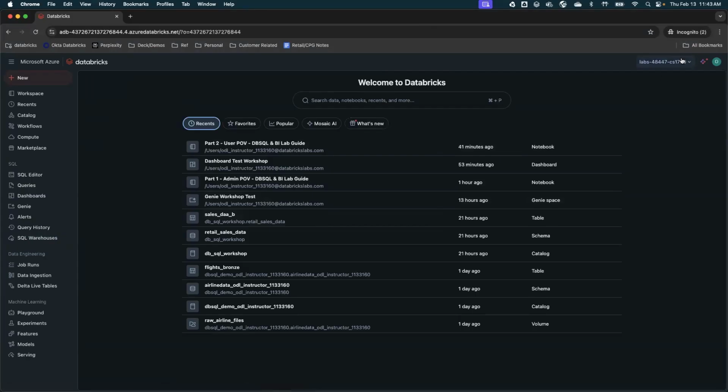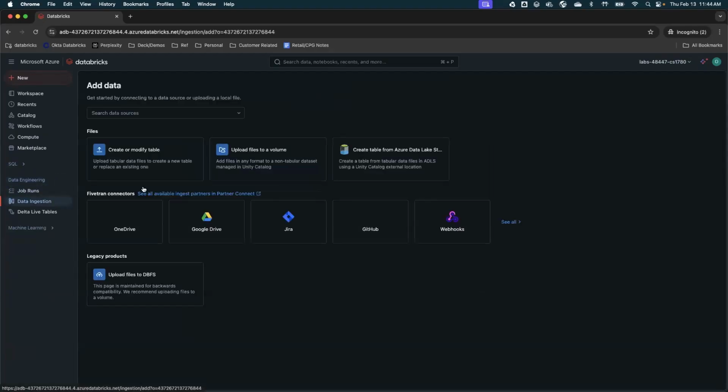I can see my lab ID here. I can see my assistant here. I can see there are different tabs for different personas. People can go and do machine learning, build AI models in the machine learning section. You can use Delta Live Tables, work with different data ingestion partners, or use Lakeflow in the data engineering section. And once you build everything, you can always build it on top of workflows, right?